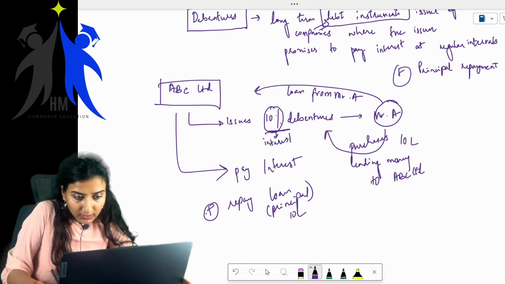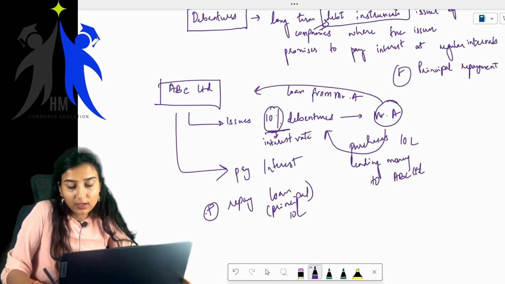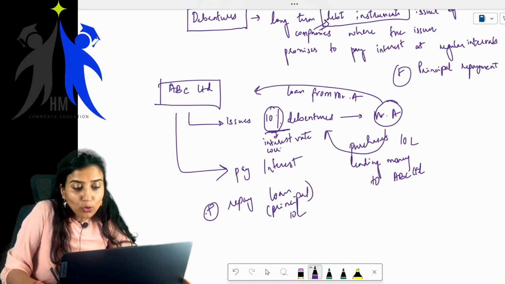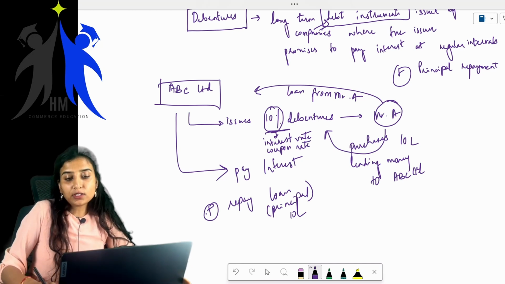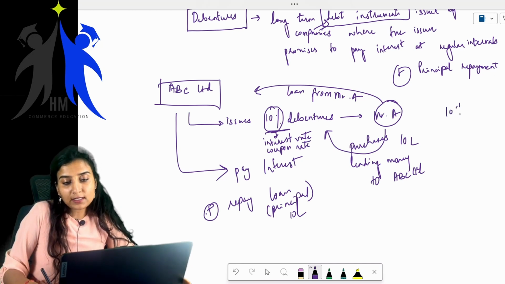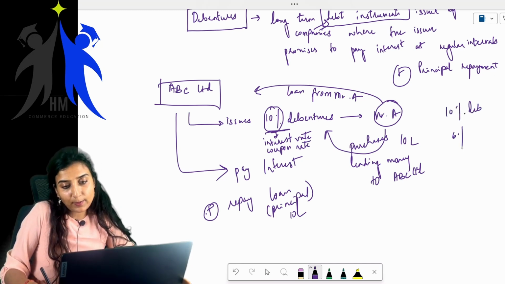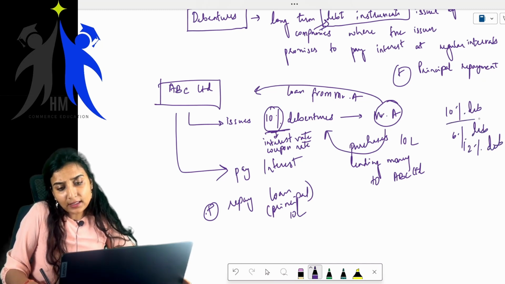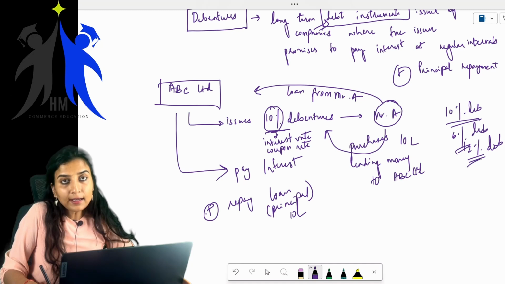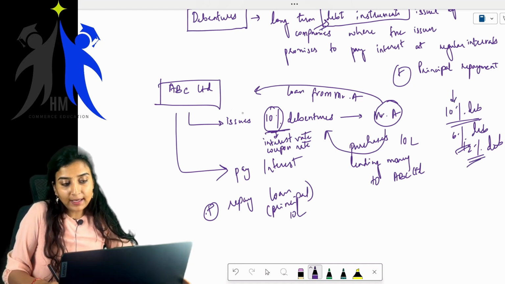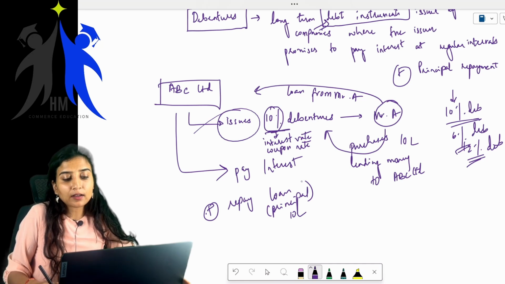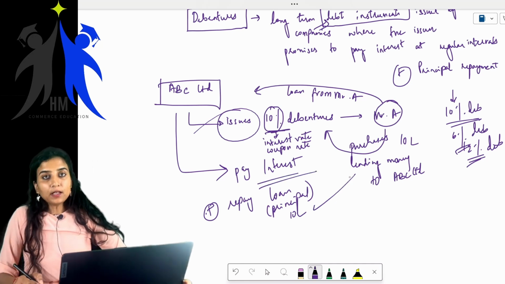Children, this is nothing but the interest rate of the debentures, or you also call it the coupon rate. Usually the debentures are issued as 10% debentures, 6% debentures, 12% debentures. What are all of these? These are nothing but the coupon rates, that is the interest rates. These interests are paid by the company, the issuer of the debentures, at regular intervals, and it will repay the principal as well.